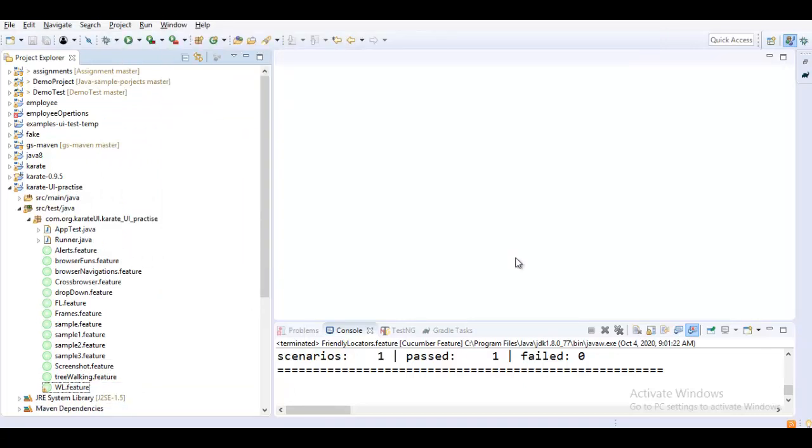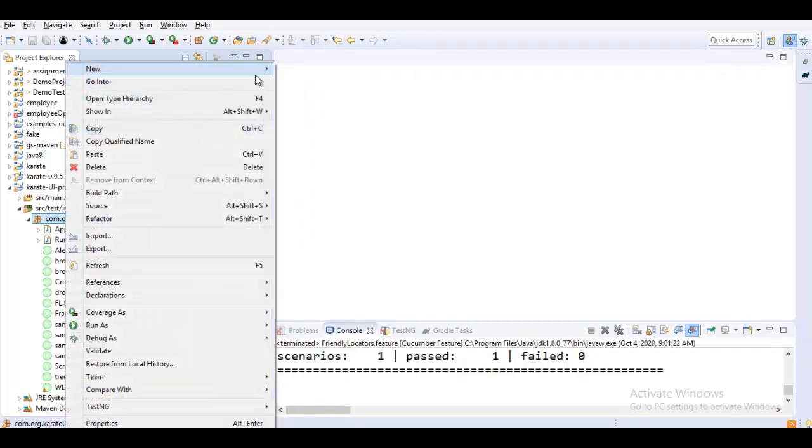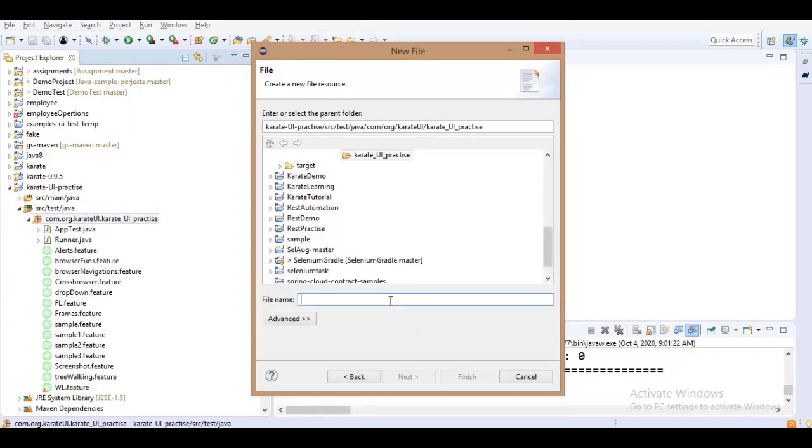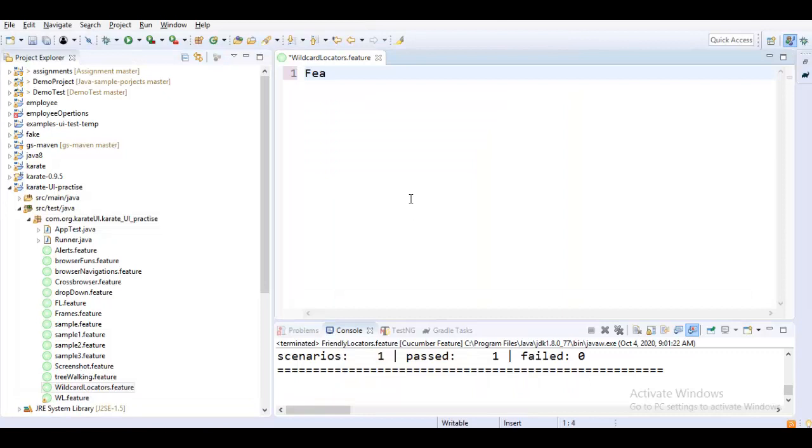Yeah, let me go ahead and create another file. Wildcard locators dot feature. Let me write feature to demonstrate the wildcard locators,